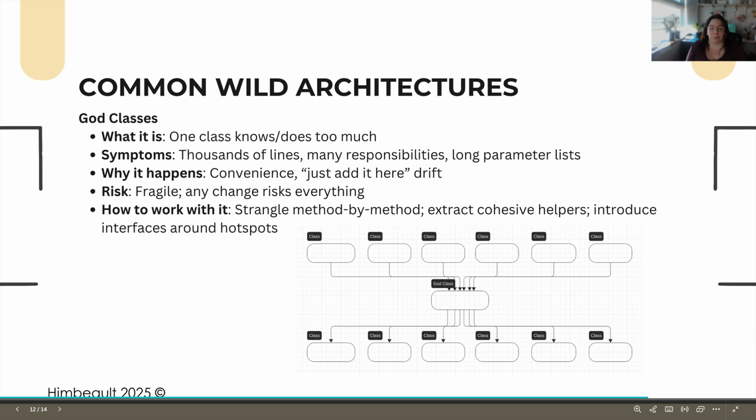So how are we going to work with something like this? The best way to do it is small changes. Don't try to be a hero, right? We said that previously. Method by method. Extract cohesive, useful helpers. Introduce interfaces around any hotspots that exist. Start to peel pieces off one by one, and make sure that we're always making sure things run before and